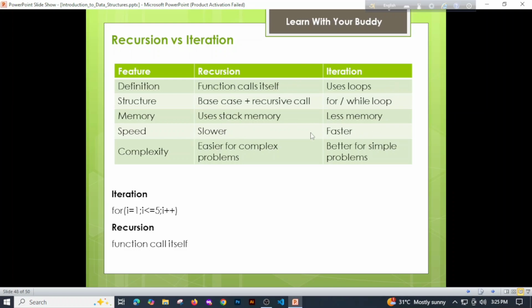problems. And we can see here that iteration is a for loop. We have done for loops before in our C programming tutorial, and for recursion it calls the function itself. Okay, now we will see the